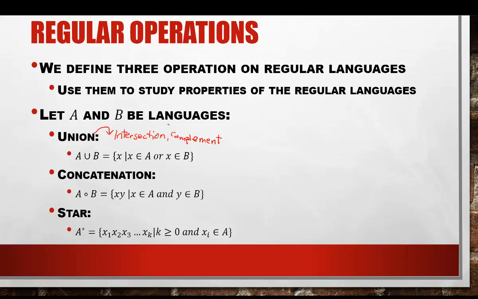And we will show that we can use our toolbox of non-deterministic finite automata that we defined as a machine that accepts a regular language. By that definition, we say that a language is regular if a finite automaton accepts it. Now, if we can show that we can build finite automata off of other languages that we know are regular, then the big finite automaton accepts the combination of these languages through union, intersection, and complement. As a result, we show that these three operations are closed for the